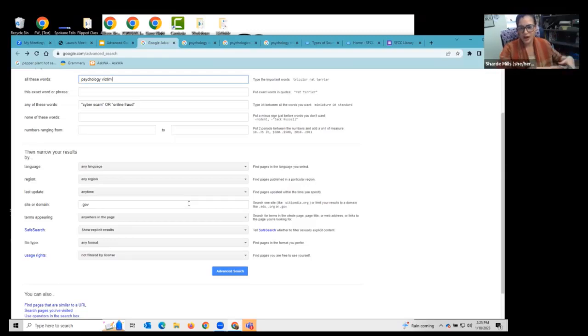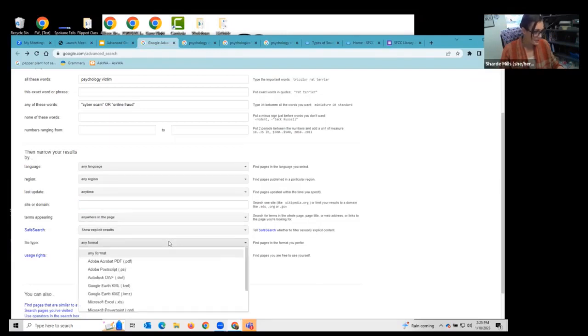So you can see here how I've evolved my search from that just very general psychology of con artists. And now I have a real focus and I have different source types that I'm going to be able to utilize in different ways as I give my presentation, as I write my paper. So things have become a little bit more nuanced along that process. And then we're almost coming to the end here. So I do just want to point out one last feature, and that is the file type option.